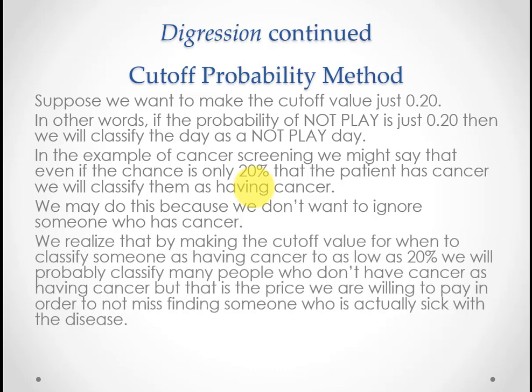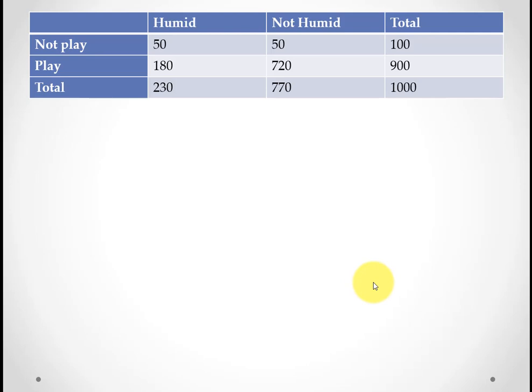We realize that by making the cutoff value for classifying someone as having cancer as low as 20%, we will probably classify many people who don't have cancer as having cancer. But that's the price we're willing to pay in order to not miss finding someone who is actually sick with the disease. For the sake of our data, I guess we could have had data in here for the cancer, but anyway, we don't. So going back to the play and not play example,